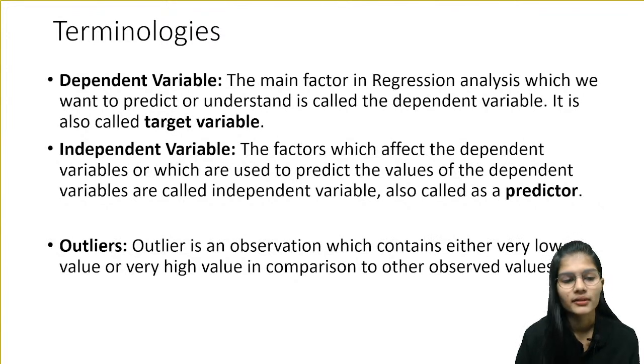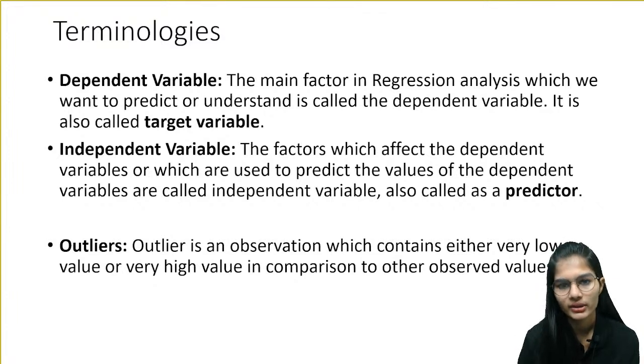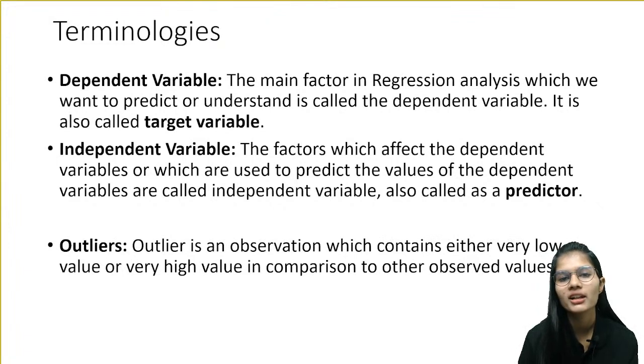ठीक है, ठीक है। डिपेंडेंट वेरिएबल, ठीक है। डिपेंडेंट वेरिएबल एक्चुअली क्या होता है, ये एक ऐसा फैक्टर होता है ना रिग्रेशन में जिसको हम लोग प्रेडिक्ट करना चाहते हैं। ठीक है, जिसको हम लोग समझना चाहते हैं और प्रेडिक्ट करना चाहते हैं। तो ऐसा जो भी फैक्टर जिसको हम लोग प्रेडिक्ट करना चाहते हैं और समझना चाहते हैं वो होता है डिपेंडेंट वेरिएबल। इसको हम लोग बोलते हैं टारगेट वेरिएबल। टारगेट वेरिएबल मतलब कि कौन से वेरिएबल पे आप टारगेट कर रहे हो, किसको आप लेके चल रहे हो, आपको किस वेरिएबल का जो रिजल्ट है उसको आपको प्रेडिक्ट करना है। ठीक है, वो होता है हमारा